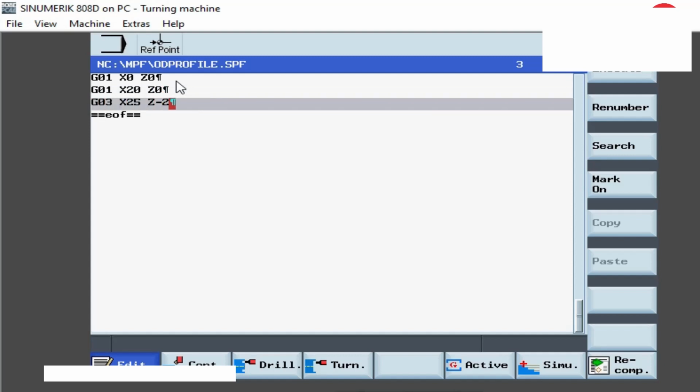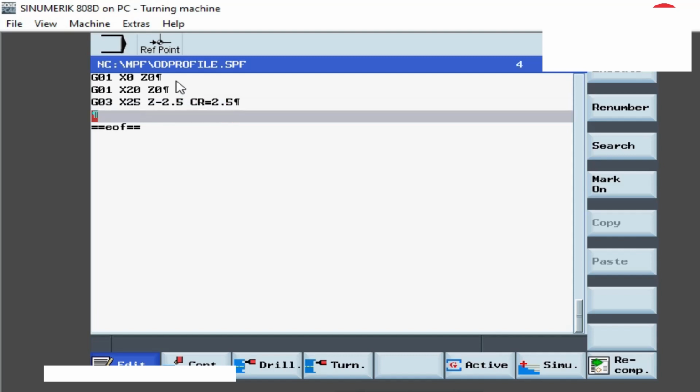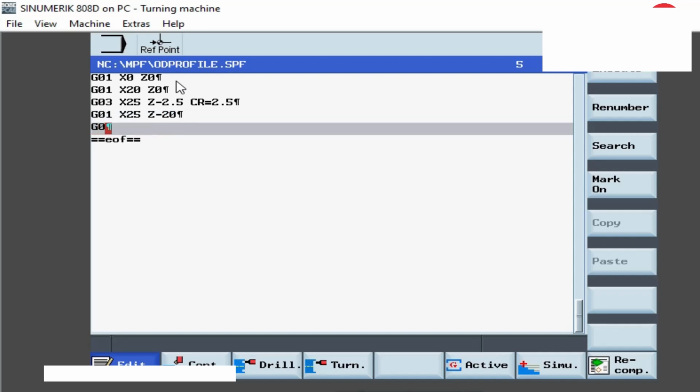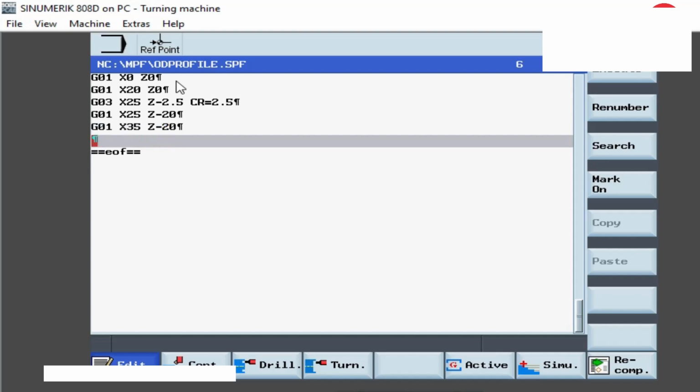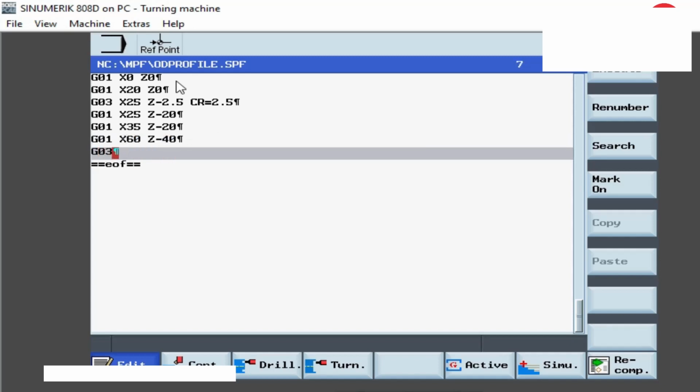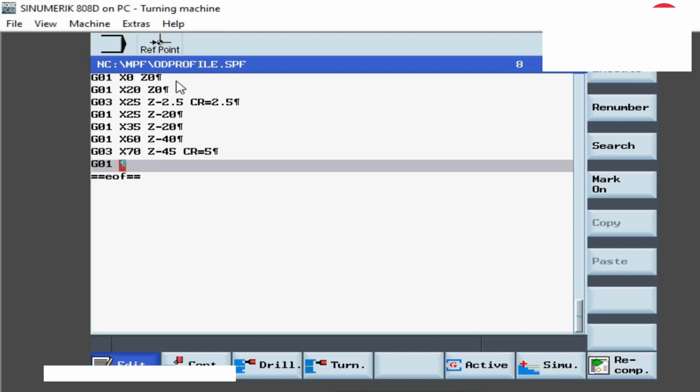X25, Z-2.5, CR equals 2.5. Next, G01, X25, Z-20. Next, G01, X35, Z-20. Next, G01, X60, Z-40. Next, G03, X70, Z-45, CR equals 5. Next, G01, X70,